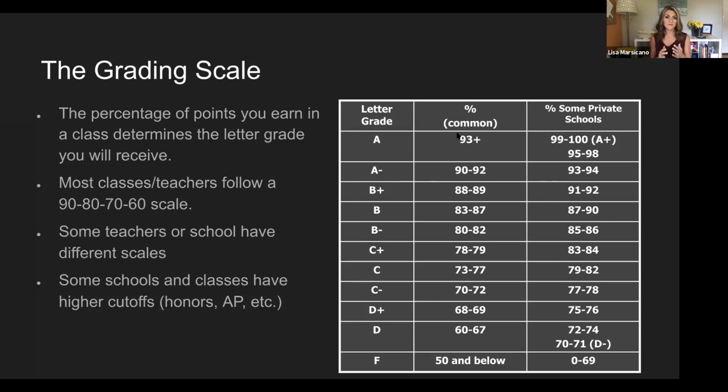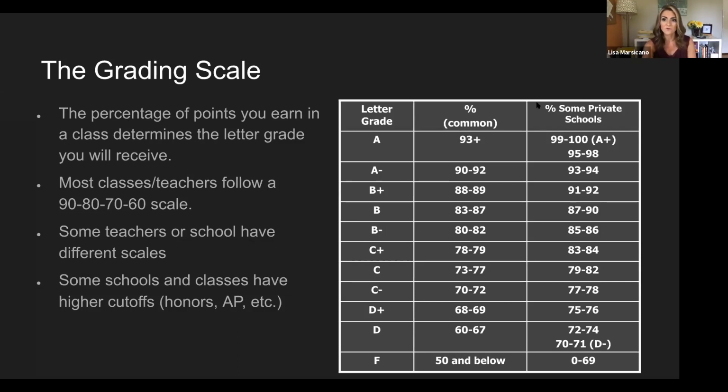So a lot of kids are surprised by this when they weren't on a standard scale or if they didn't pay too much attention to the grades in grade school or junior high. It surprises them sometimes to think, oh wow, I could get a 70% and it's a C. I didn't know that. I thought that a C would be a 50%. So really make sure that you're clear on what your scale is.